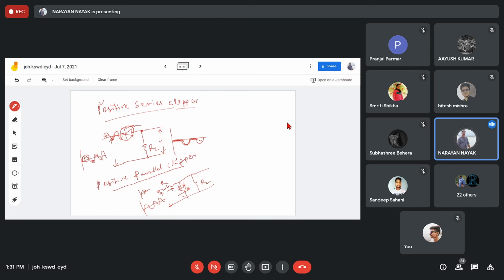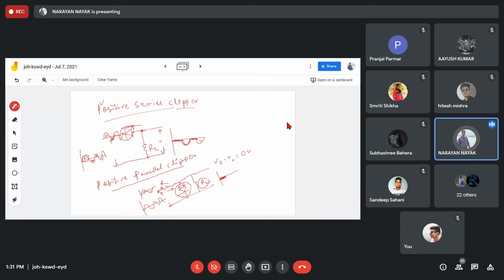Now the voltage drop across the diode is equal to the voltage across the load resistor. How much is the voltage drop across the diode? The voltage drop across the diode is equal to the voltage across the load, which is 0 volt. The diode conducts and the total voltage drop is 0, so during the positive cycle there is no output. The output voltage is 0. Understood? Then the negative half cycle.